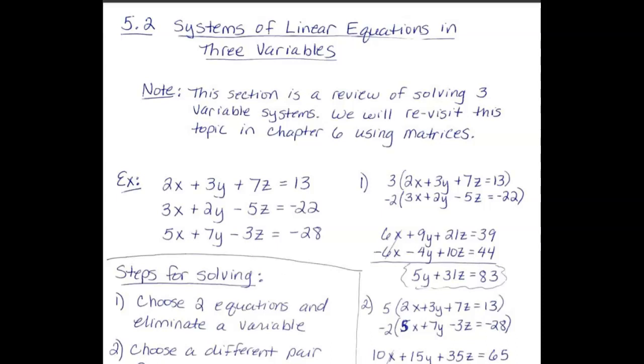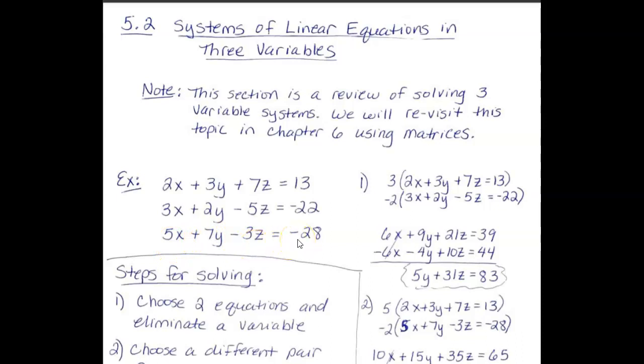So there are only 3 problems assigned in the homework for this section because we will come back to it later. So I'm just going to go through one example and that's it. A 3 variable system of linear equations would look something like this. 3 equations and we have 3 unknowns, x, y, and z. 2x plus 3y plus 7z equals 13, 3x plus 2y minus 5z equals negative 22, and 5x plus 7y minus